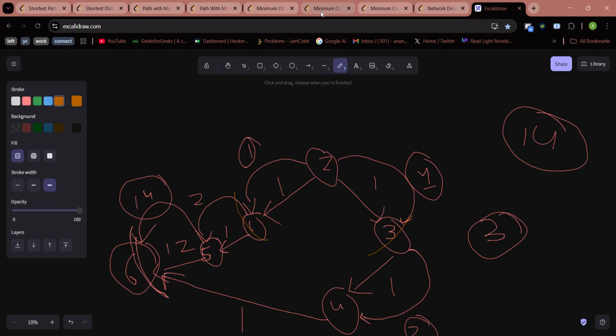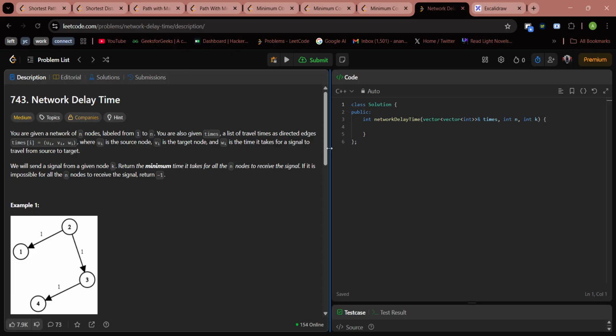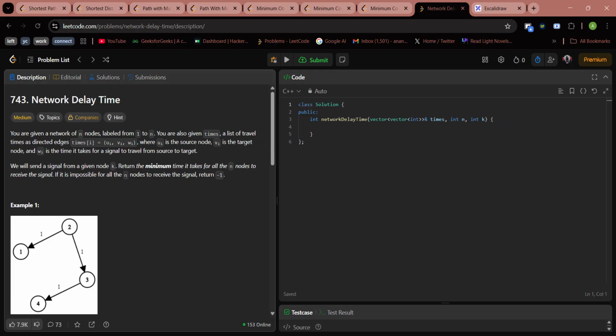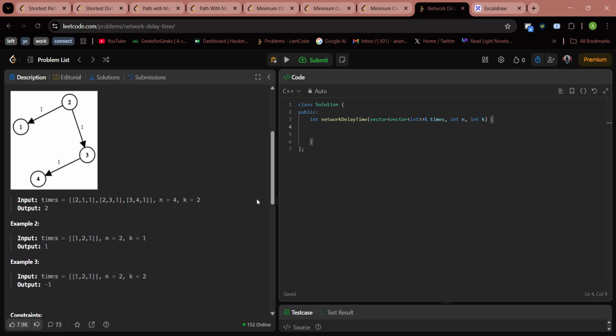So I think I have explained that thing, and I need to just write a simple code, and this code would act as a template that I will just use in all other problems of this algorithm that I would be solving. Okay, the first thing, I have times that says that these two nodes are connected. There's an edge from node 2 to node 1, and there's a cost. So first thing, just create an unordered map. Unordered map, we have int, and then we can have a vector